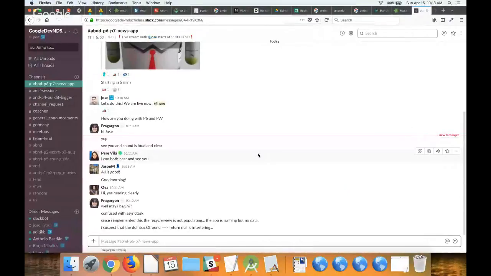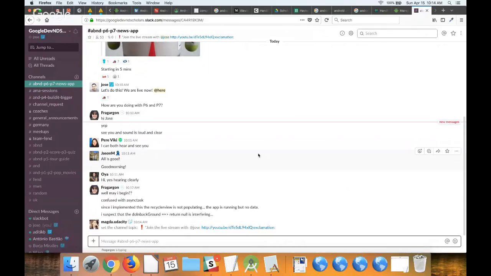So, this is what we have now. Definitely, if doInBackground returns null, that's not a good thing. We can have a look at it. We will probably need to see the code, at least a snippet of code.